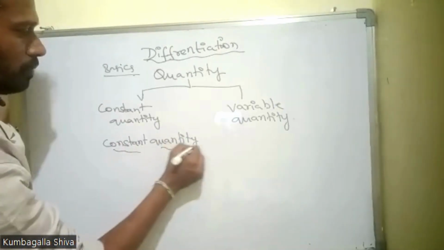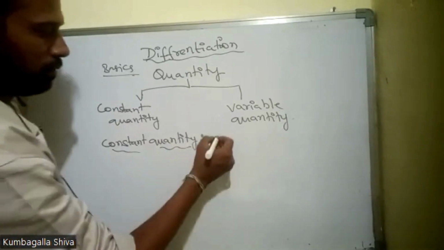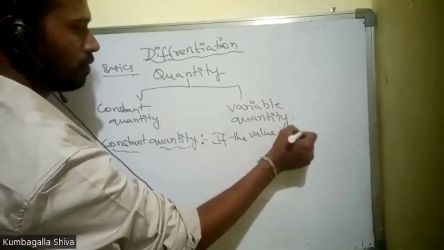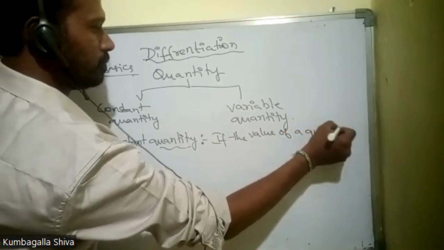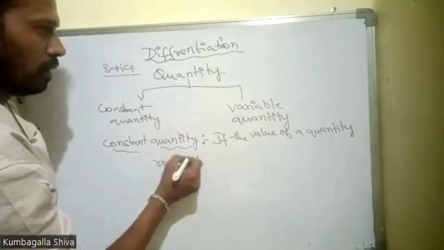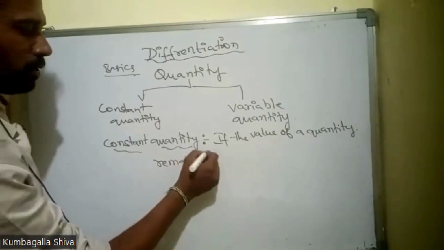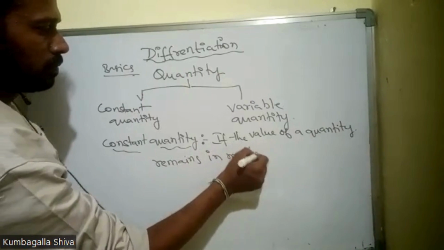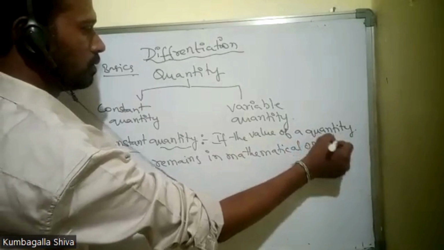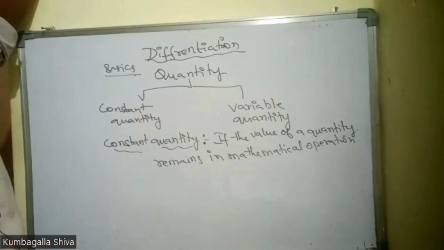What is a constant quantity? The value of a quantity remains same in the mathematical operation. Mathematical operations can be plus, minus, anything. So, for example,